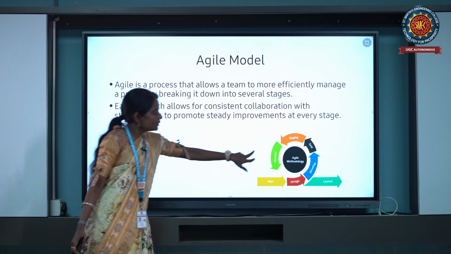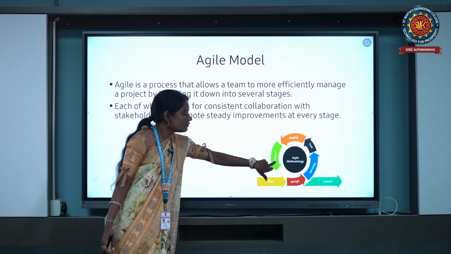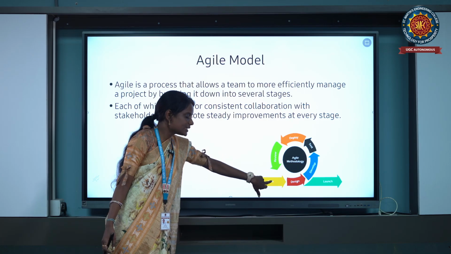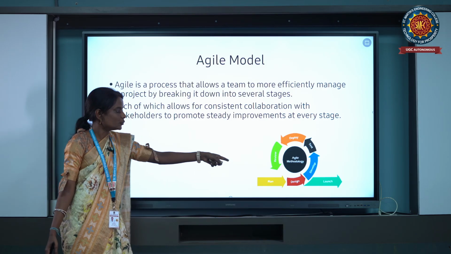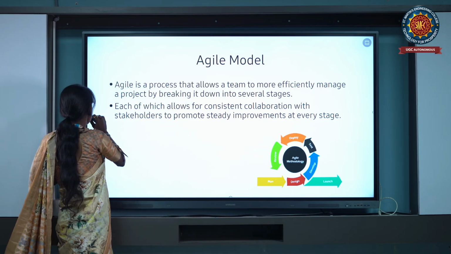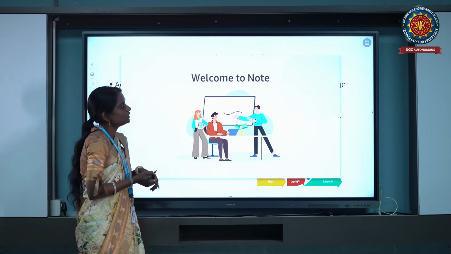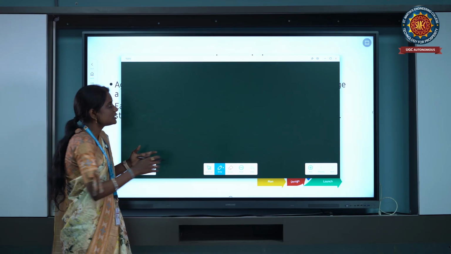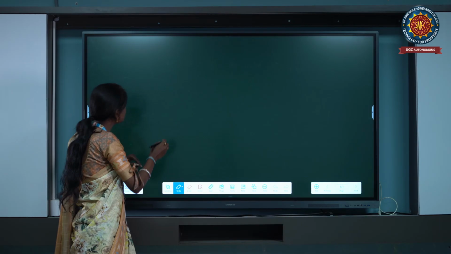We have an example of different flows. First one is review. Then once the review is done, planning is done, then design, then develop, test, deploy and review. This is the process of the agile model. In this agile model, I'll be explaining with a notepad with an example, where it is also similar to the waterfall model, but in this it will be involving sprints.